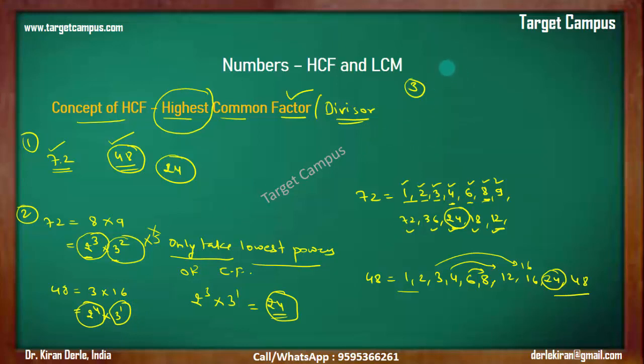So the third method is division. What is that? 48 and 72. Can we see this is a multiple of 24? Yes, 24 twos are 48, 24 threes are 72. Now nothing is common between them, so this is our HCF. If something had been common, we would have written it here. Let's say 3 is common between this and this, so 24 into 3 would have been our HCF. But here it is not there, so 24 is the HCF.